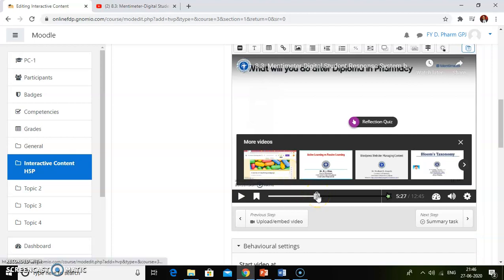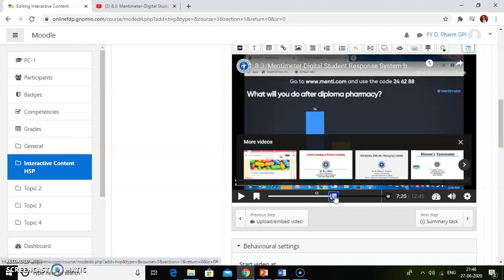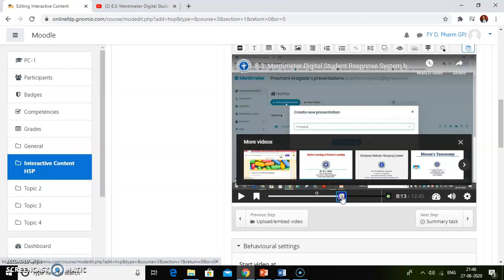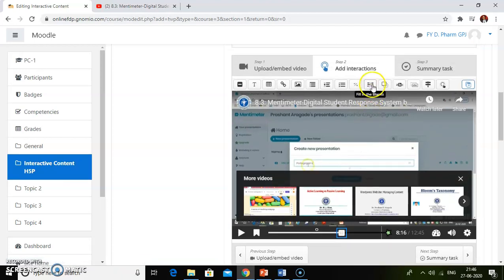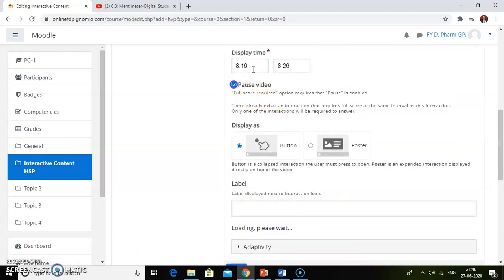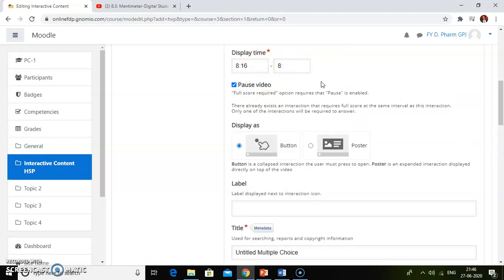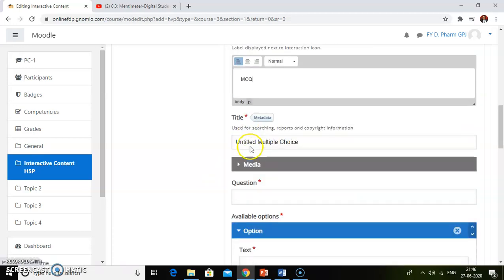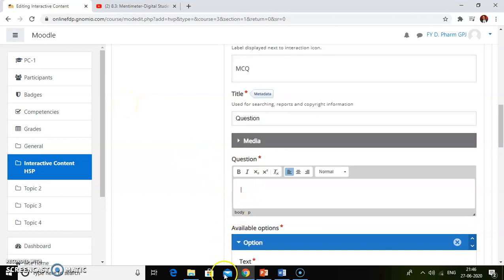And suppose you want to add another activity at a different timestamp, just select that timestamp and then click on multiple choice questions, pause video, give a timing, label MCQ, write down the text.